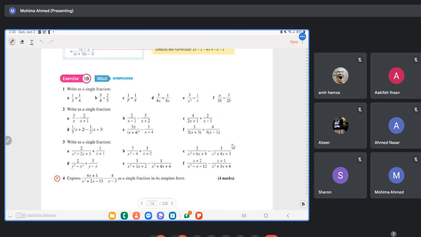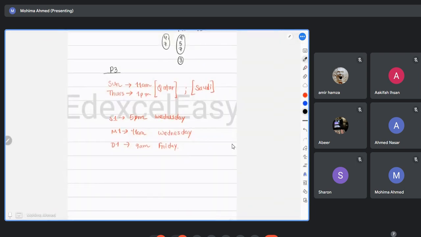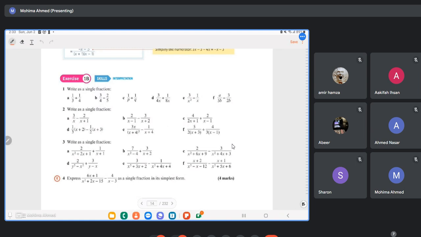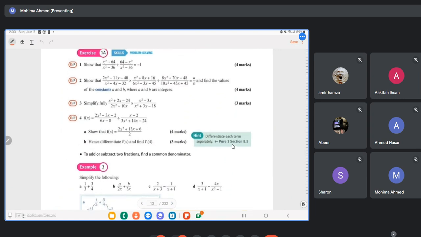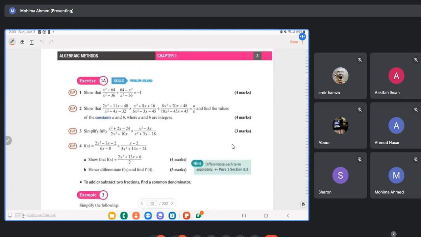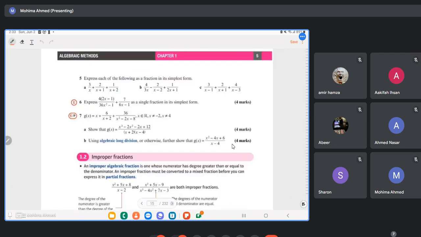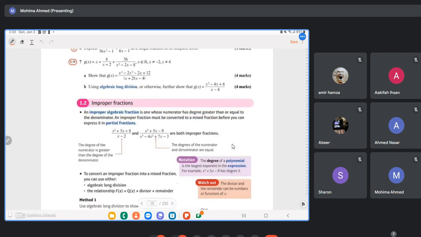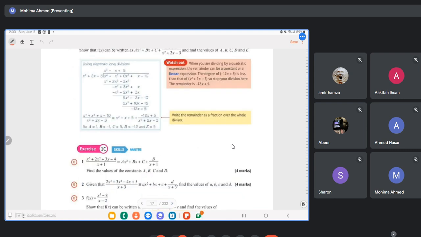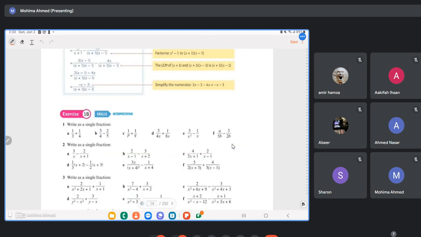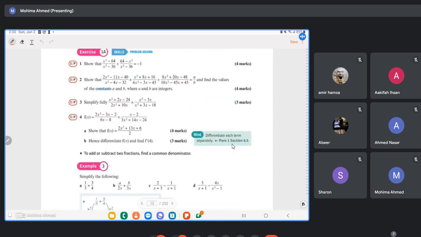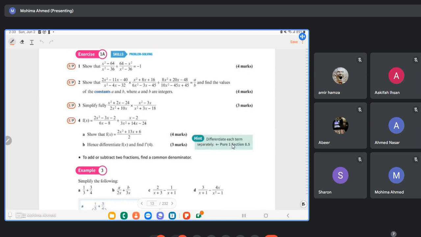This is basically simple LCM, right? We're going to finish that. Oh, wait, this is 1B. One minute. Where is 1A? Oh, this is 1A. This is again simple LCM, and in 1B you also have simple LCM and improper fractions, okay? And in 1C you have a little bit of long division involved, but not that tricky. So let's start with 1B and 1C. We'll complete 1B and 1C quite quickly. And there will also be classwork from 1A.